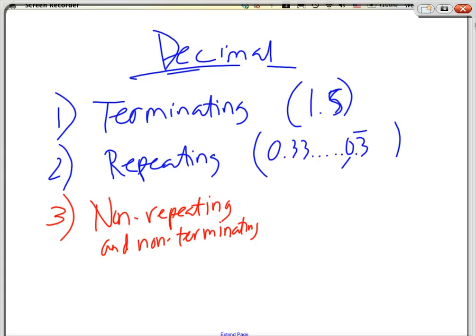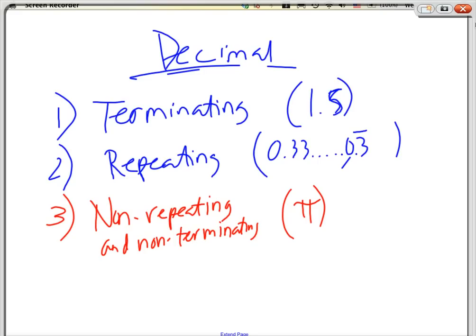What kind of number is that? Pi. Very good. Pi is a good example of that, because if you go on 3.14, it goes on forever, and you will never ever see a repeating digit. That's the main difference, and I purposely use a different color to show you that it's definitely different from the top two.